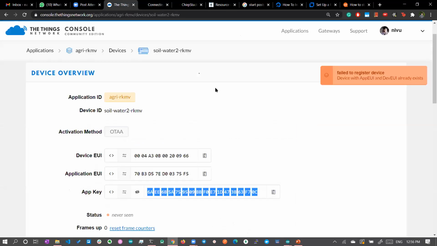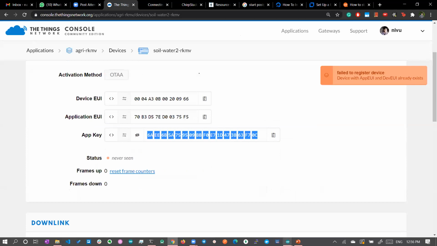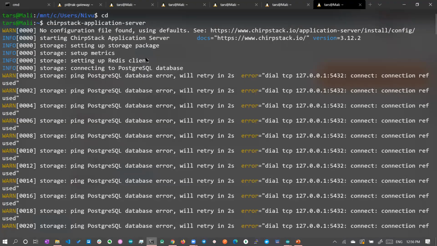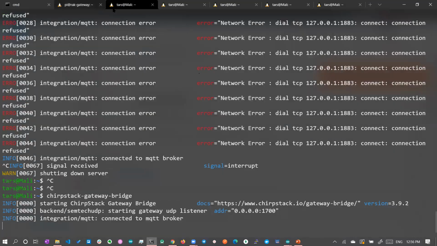In that case, you only need a node and an Arduino programmer to register your device, generate keys, and program it. But if you are trying to build your own LoRaWAN network, in that case you need Ubuntu. So this is an Ubuntu system on a Windows machine. So Ubuntu is more preferred.